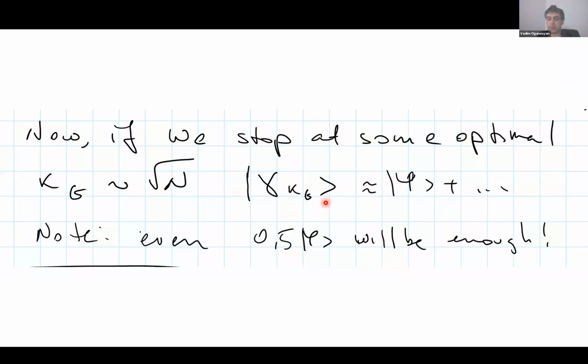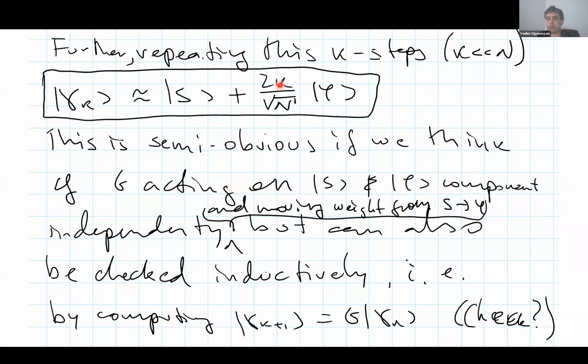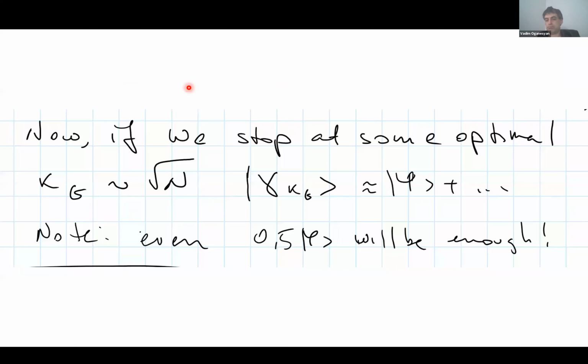And then the outcome of this will be that this term will no longer be vanishing in the limit n goes to infinity. This term will be of order this term. And remember, this term is a superposition over the entire space. So this term is noise, right? That has no information. And so what you can see is that after about square root of n applications of this G,